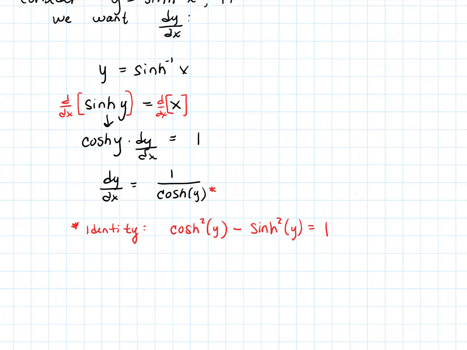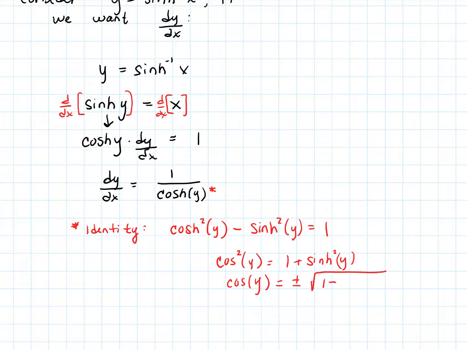That's that connection back to that unit hyperbola. So that means that the hyperbolic cosine squared of y equals 1 plus the hyperbolic sine squared of y. Take the square root, and the hyperbolic cosine of y equals plus or minus the square root of 1 plus the hyperbolic sine